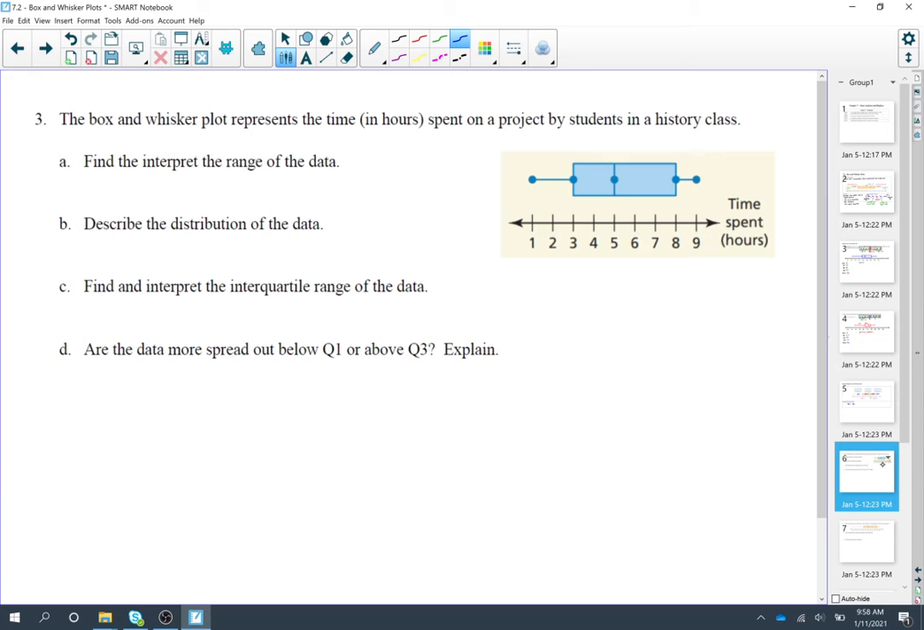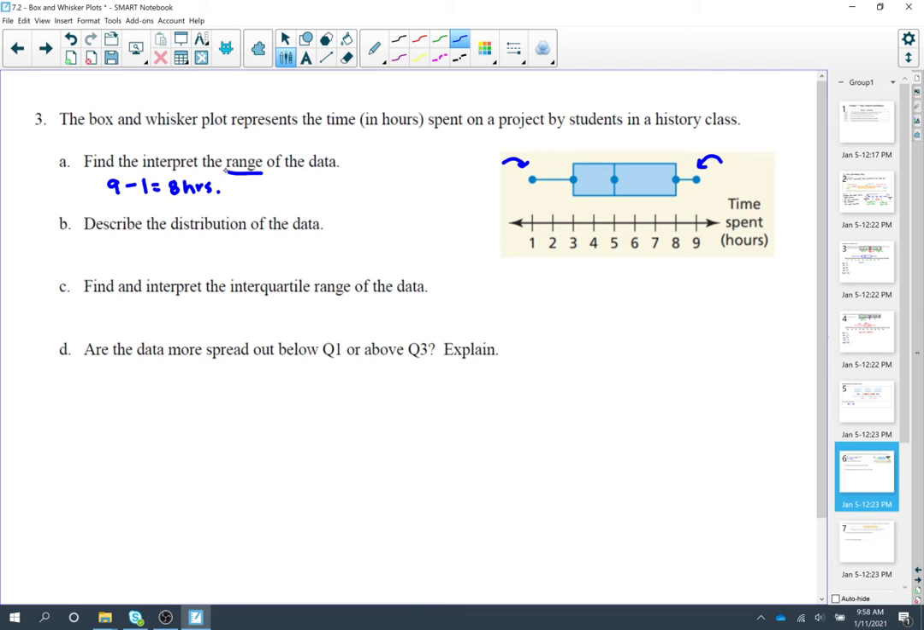Example 3. The box and whisker plot represents the time in hours spent on a project by students in a history class. First of all, letter A, find and interpret the range of the data. Now keep in mind they said range here, not interquartile range. So for the range, I'm going to take the maximum, which is 9, and I'm going to subtract the minimum, which is 1, which is going to give me 8